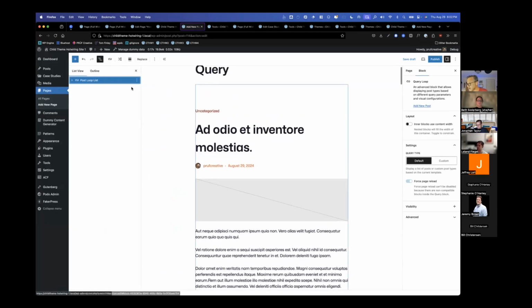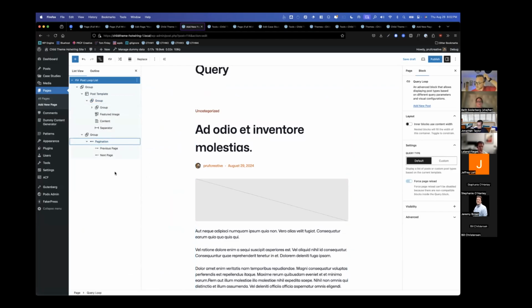So right here, you see the block that says post loop list, and it really is a collection of multiple blocks. The query block in itself is actually a pattern.